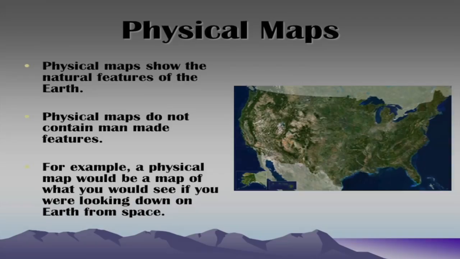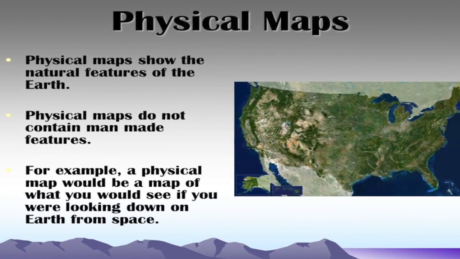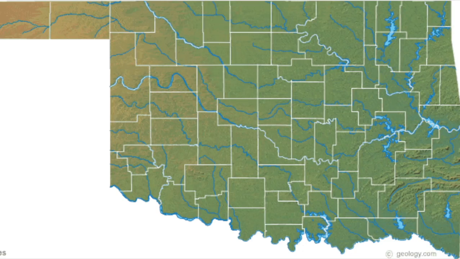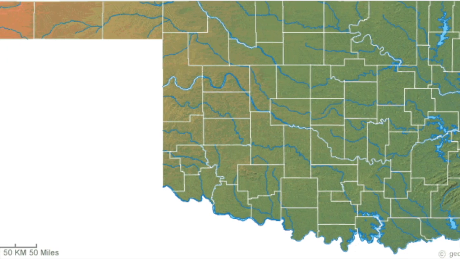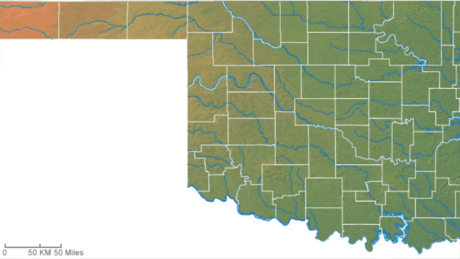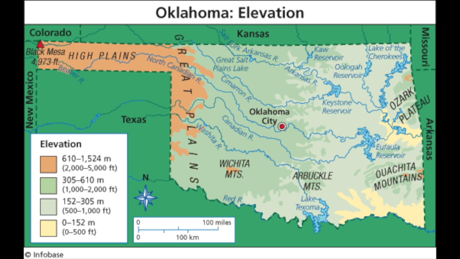thematic. Physical maps show the physical or natural features of an area. Take a look at this physical map of Oklahoma. What do you see? Is it a good example of a map? Why or why not? Compare it to this map. Does this one give us more information? It does, because it includes a title, scale, compass rose, and a key. It doesn't have grid lines or a locator map, but that's okay, because with this map we want to see